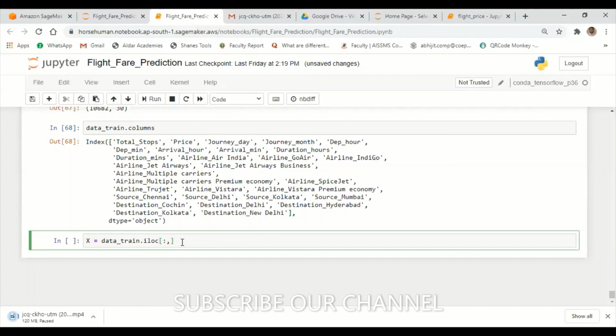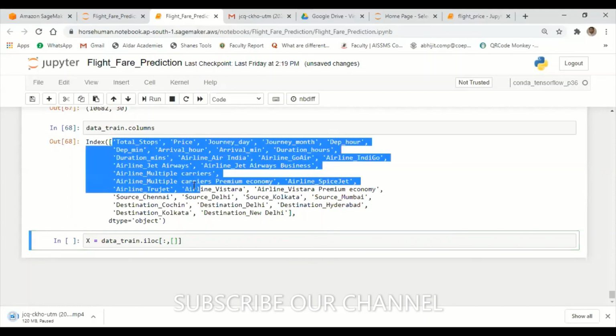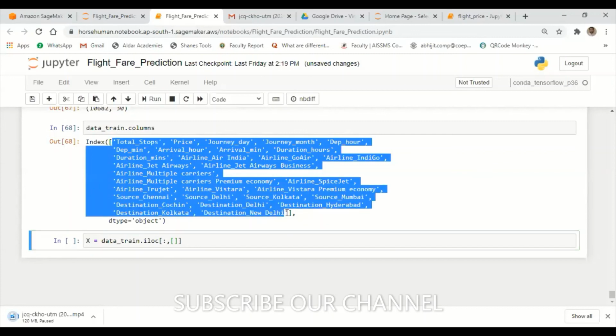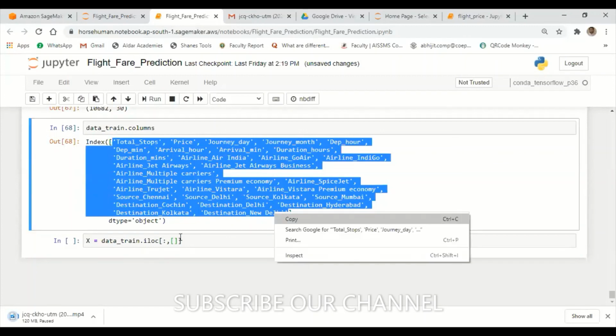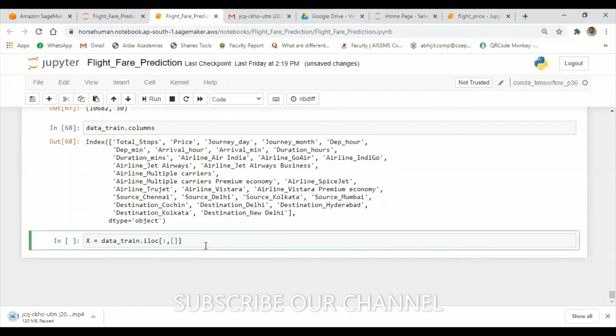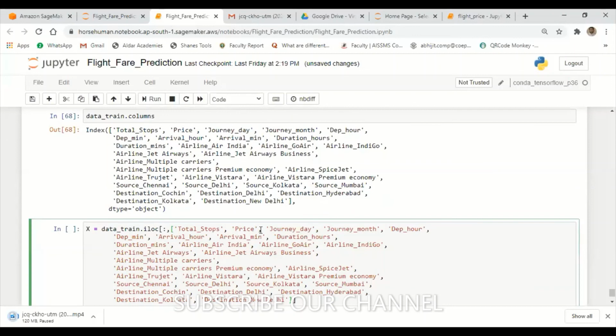So I'll have all the columns here. Copy everything except price, and remove the price.